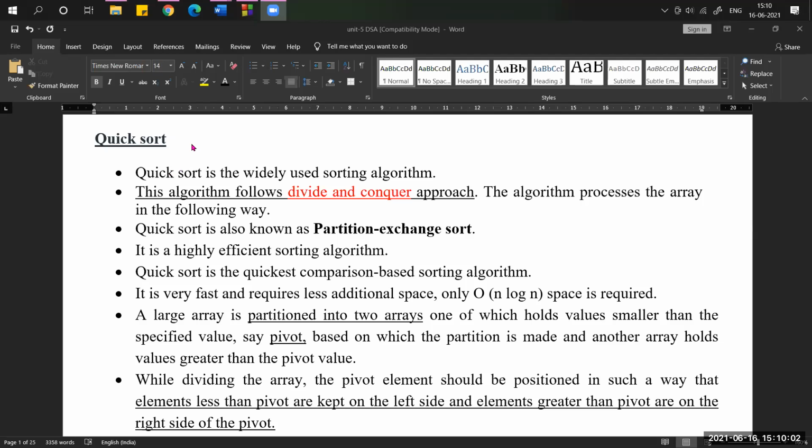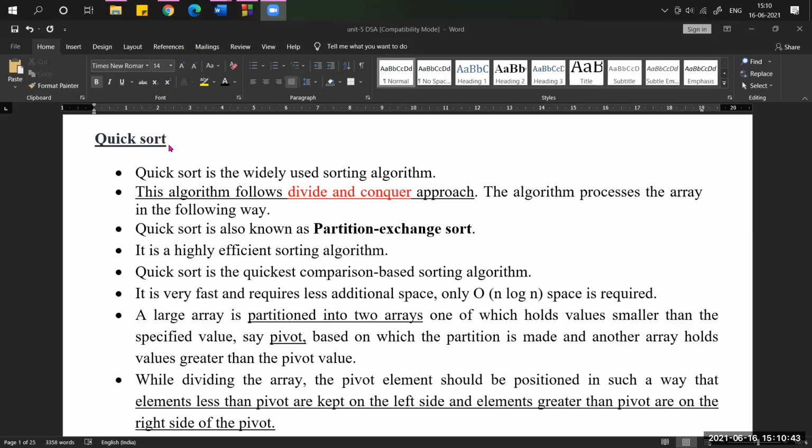Okay, unsorted array, sorted array. An unsorted array means the numbers or elements in that array are placed randomly. But if we apply any one of the sorting techniques, then we can arrange those elements in an ordered format. If you want to arrange random numbers into ascending order, then you need some algorithms. There are many sorting techniques. Among them, today we are going to discuss quick sort.